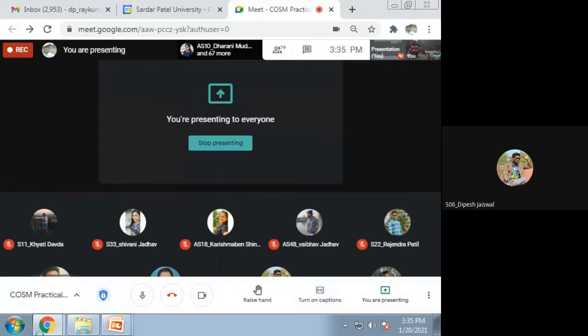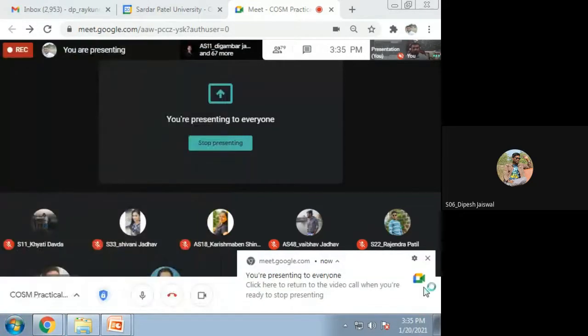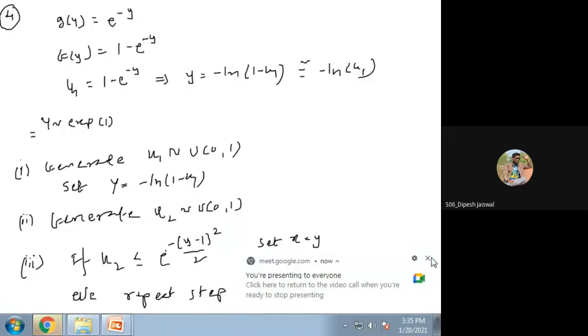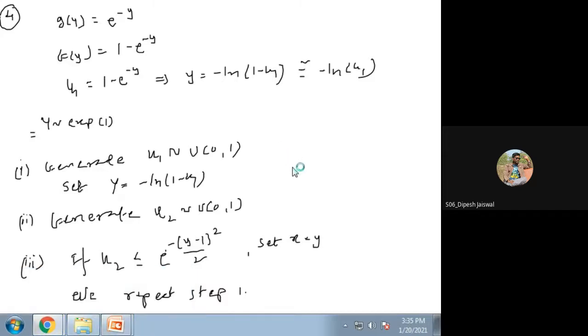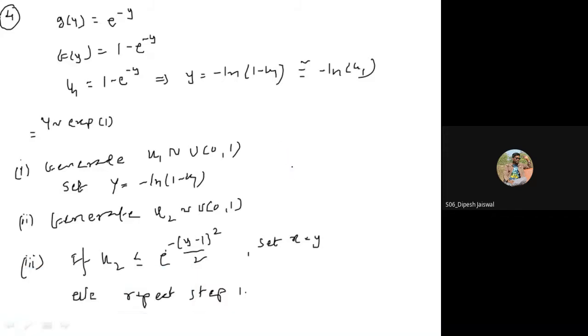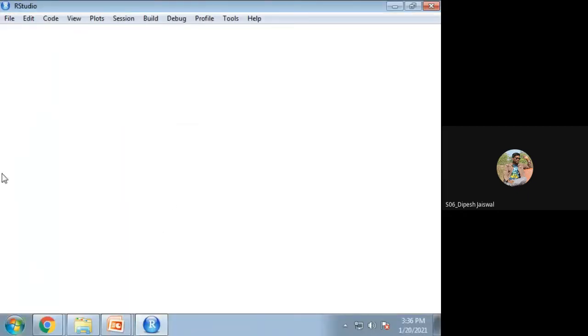Let us open our R. So in our language, we know that we have a facility of generation of a direct uniform random number.